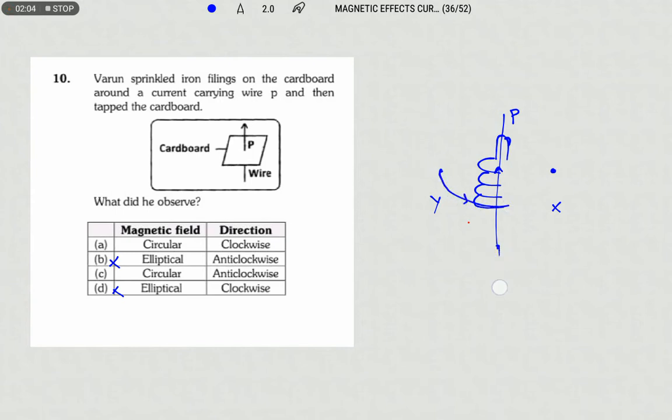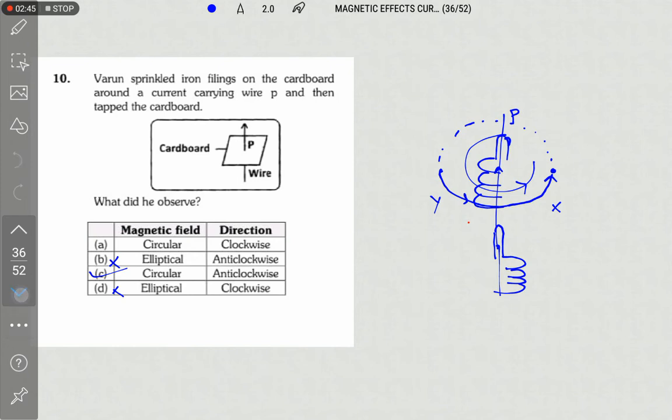Next, in the same way, at point X, I am placing the conductor in my right hand. So the direction of the magnetic field will be like this. Okay, so it is entering into the plane of the paper, and leaving the plane of the paper. So it will be like a concentric circle like this. So the direction will be anti-clockwise. So this is your answer for this. Okay, let us see the next one.